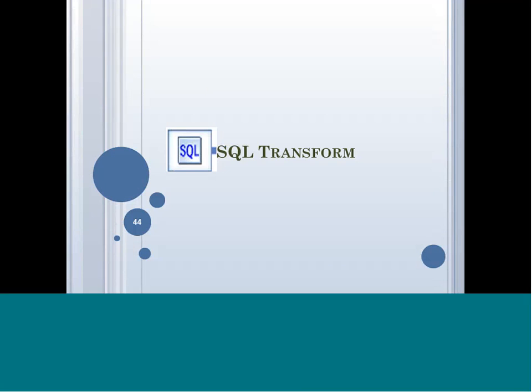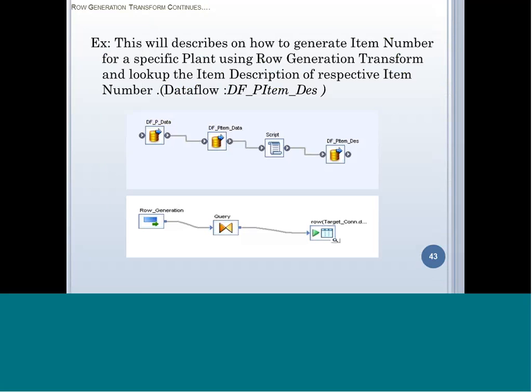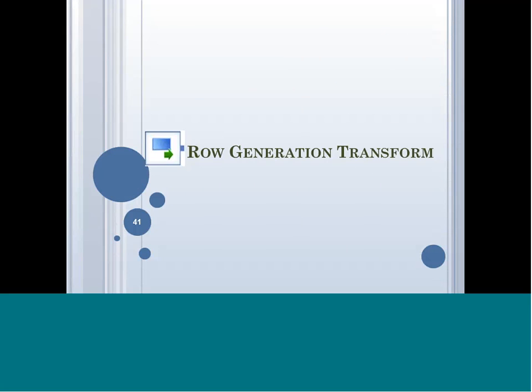Yes, guys. So let's have a recap of what we have discussed in the previous session. The transformation that we have discussed in the previous session is entirely on the row generation transformation. The row generation transformation is a transform. It is going to generate integer values, and so what we are going to do is with those integer